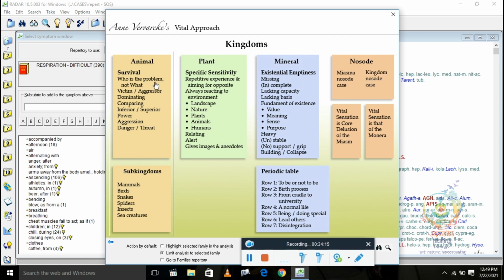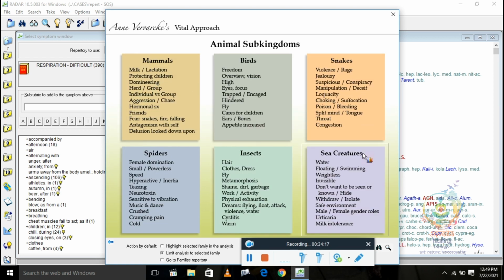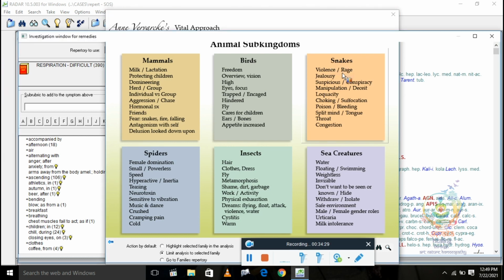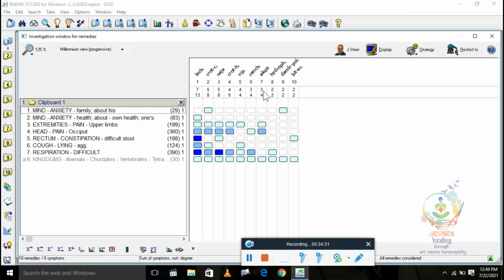Like I am clicking on animals, so subgroups will appear like mammal, birds and snake. Now you want to see snake remedies in the repertorization chart, you just click on it and all the remedies from the snake group will appear.